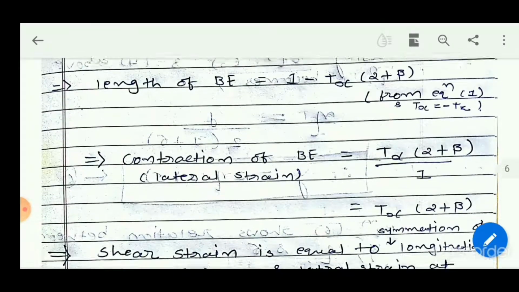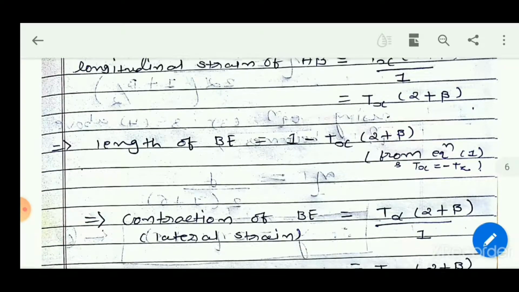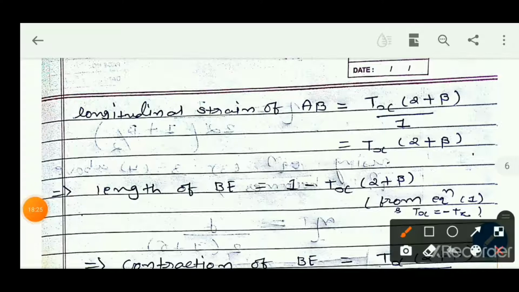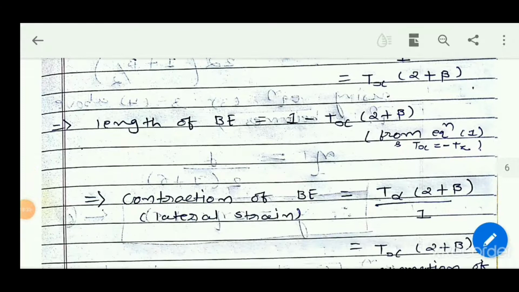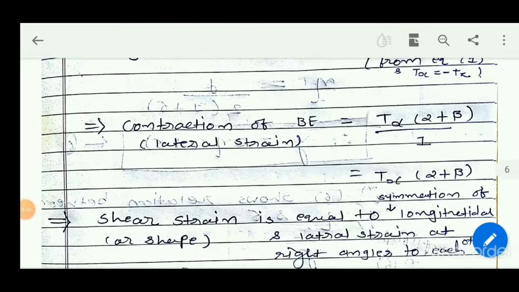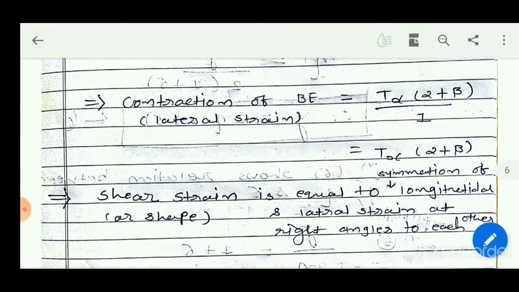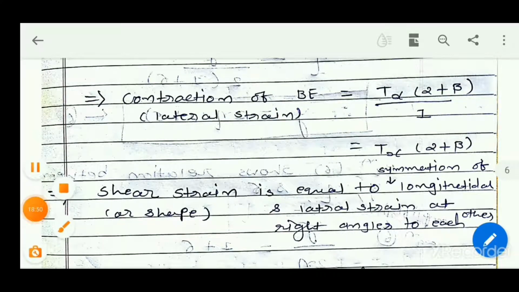Now contraction of B is equal to lateral strain, so it becomes, okay, this is elongation and this is the compression, as we derived in the Young modulus case. As change in AB is increment and change in BE is decrement, so compression or contraction of B, or lateral strain, is equal to Tx alpha plus beta. So contraction is, okay, so contraction,